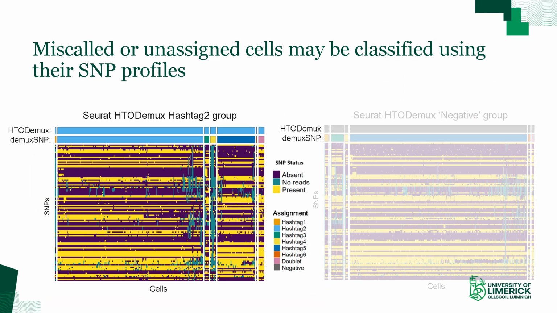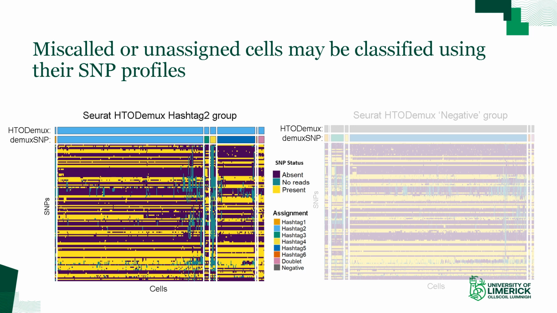So when we apply our algorithm demuxSNP to the data we saw earlier, what do we get? Let's first have a look at this HTODemux hashtag 2 group on the left. On the top, we've colored by the HTODemux assignment, which was hashtag 2, and we split it by our demuxSNP assignment. As we suspected, about 2/3 look like they actually were hashtag 2, and this is confirmed